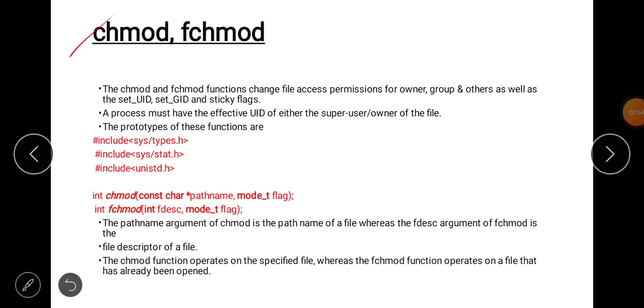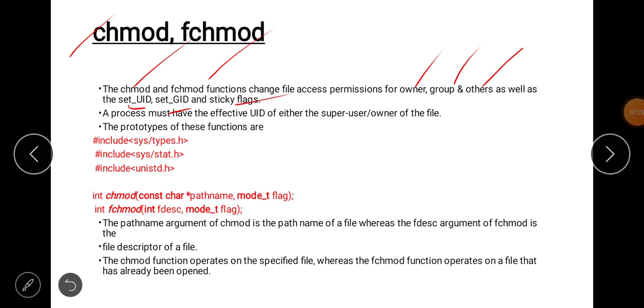Okay, chmod, fchmod. These two functions change file access permission for owner, group and others, as well as set user ID, set group ID and sticky files.